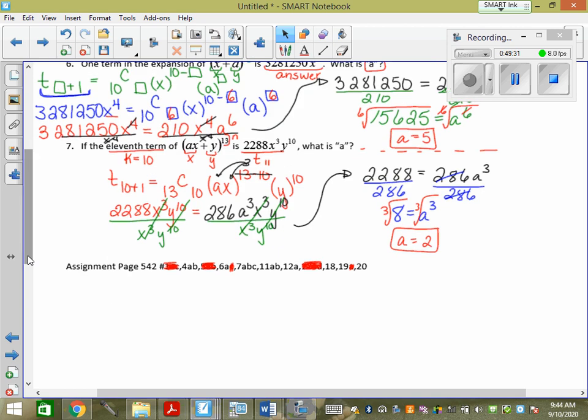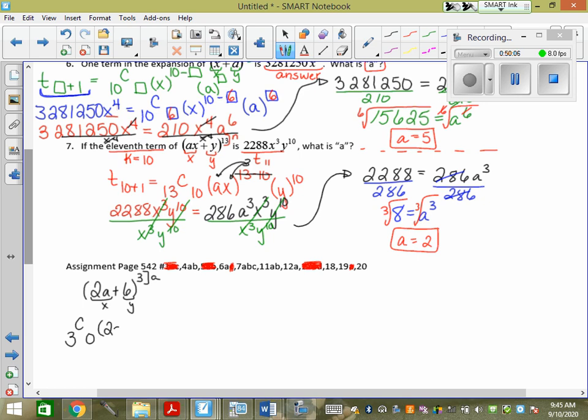So this is your homework, just so you know. With 6, when it asks you to expand a whole binomial, we've only ever found like term 3 or term 7 or term 8. If they want you to use the binomial theorem to expand the whole thing, if I gave you like 2a plus 6 to the 3, let's say, you're going to have to expand it like this being x, this being y, this being a. So you're going to have to actually do term 1 first.